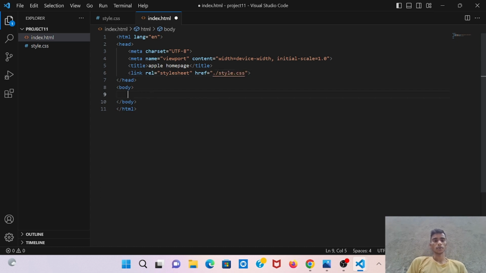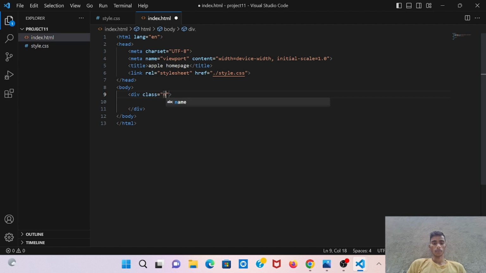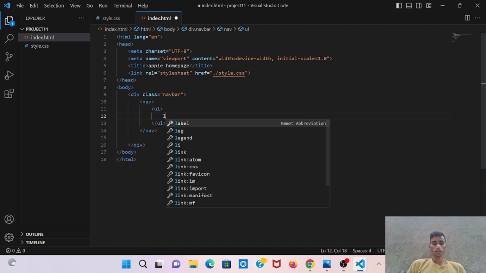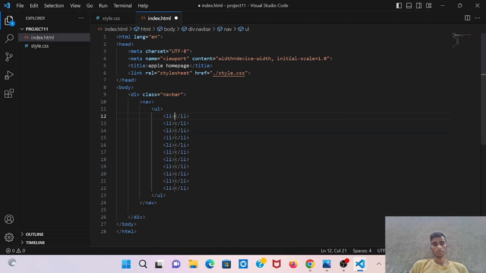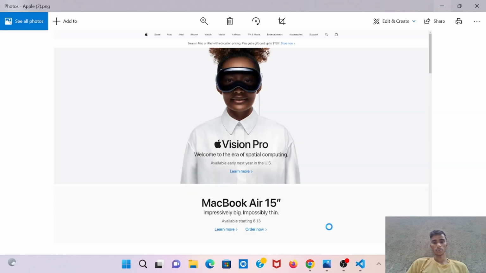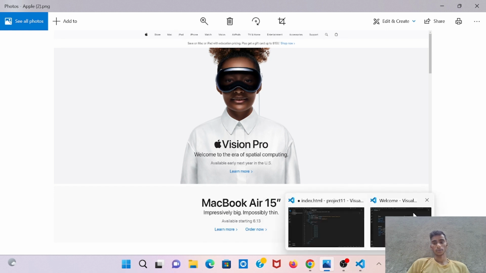Next, I'm giving a division in the body part with the class name navbar, and inside the navbar I'm using a list. I'm giving a list of 11 items. You can see 11. And I'm writing the first one. First I'm creating this top bar. Just writing